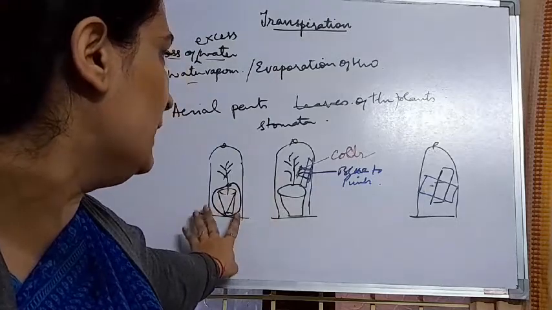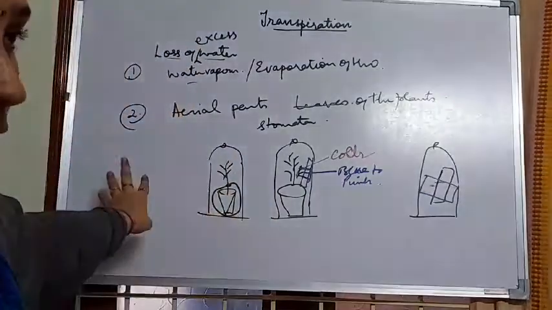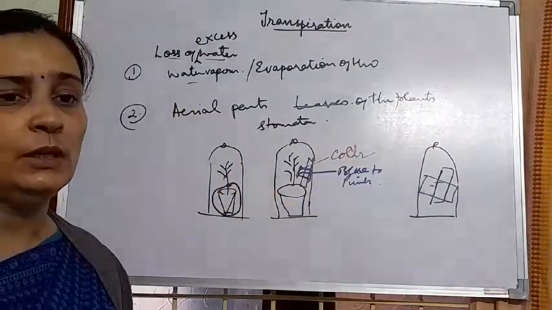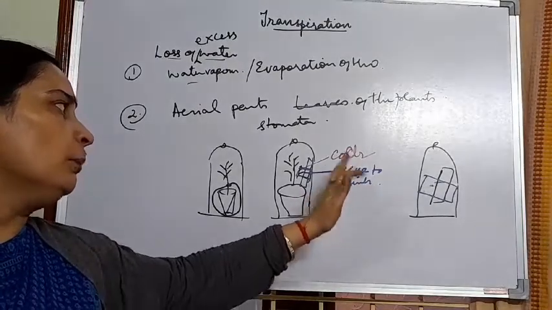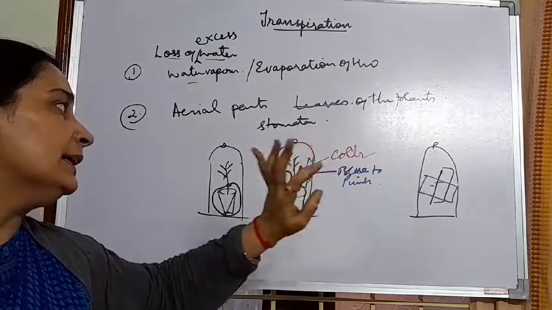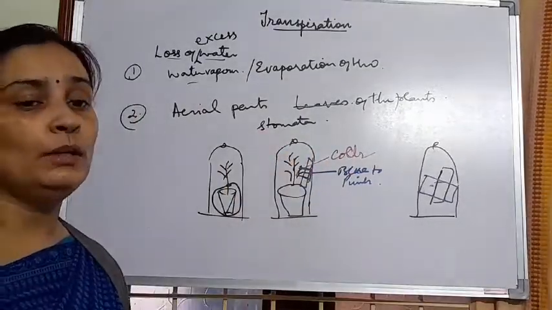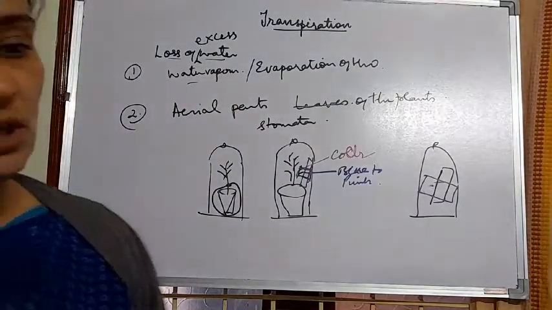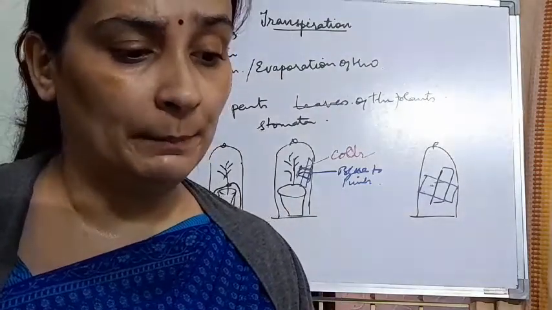So in the first place where the well watered plant is there, of course there will be moisture, the water droplets present. But how will we test the presence of it? That is because of the color which is changing here from blue to pink. So the change of cobalt chloride paper from blue to pink proves that this moisture is present here. And in the third one, there is only cobalt chloride paper kept without any plant, which shows that moisture has not changed the color of the cobalt chloride paper.